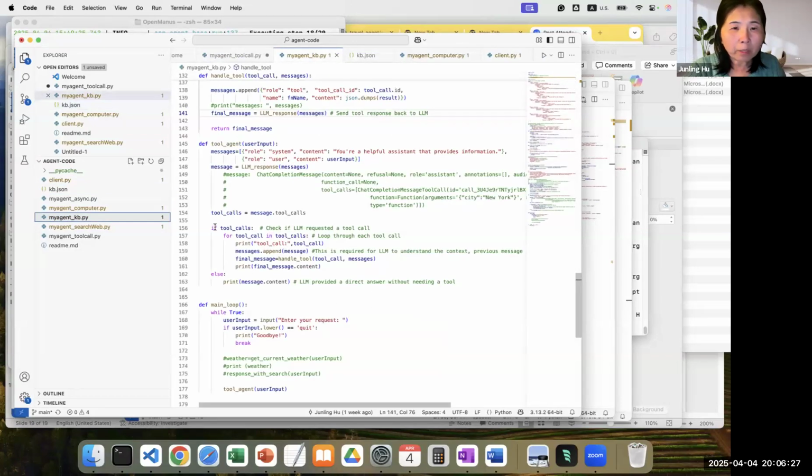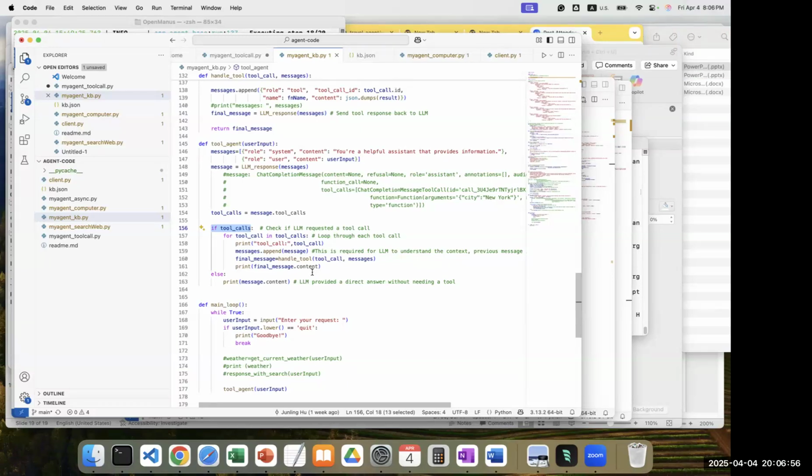If it's a tool call, we send back the retrieved content. So we actually retrieve from the knowledge base, which retrieves the content from the KB, and send it back to the large language model to generate the second round of answer. This is how it comes back with a very nice answer with the new knowledge.